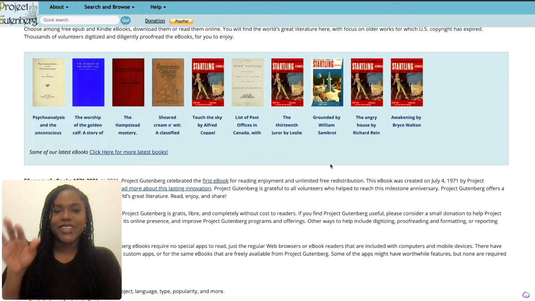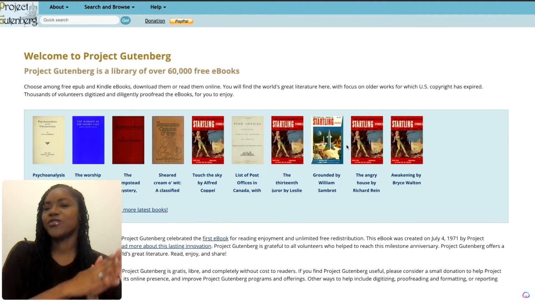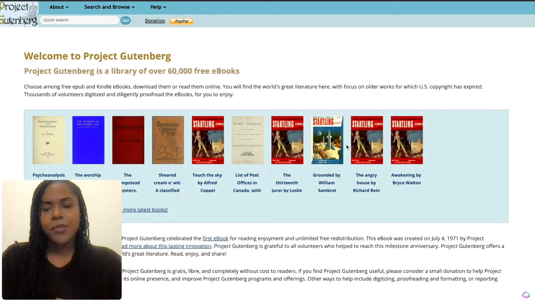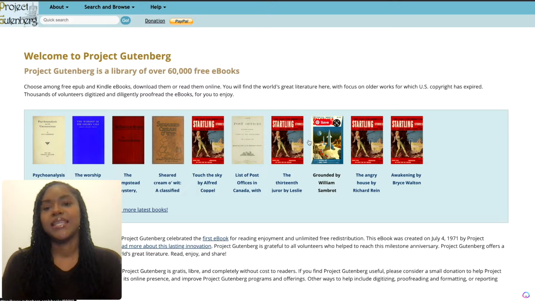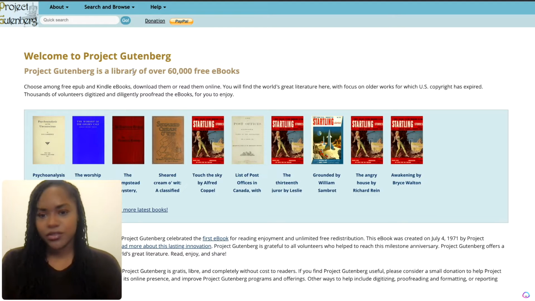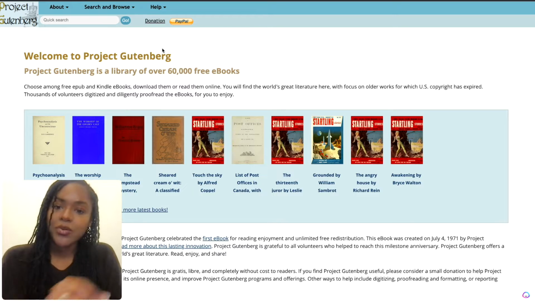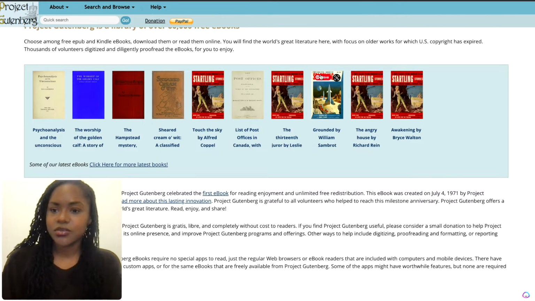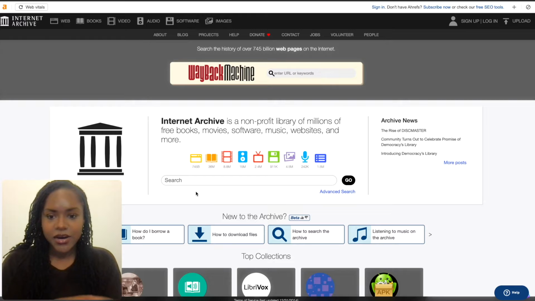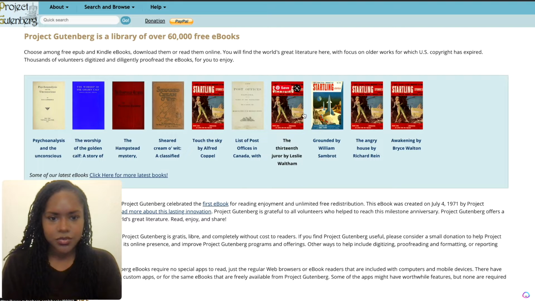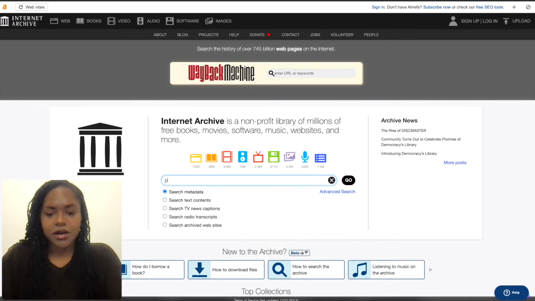So again, as you can see in the background, we've got Project Gutenberg. You can also use Internet Archive. I've just done a post on how to download books from Internet Archive, but you can use Project Gutenberg, or I've got a whole resource full of places that you can get free public domain books on my site. I will put a link in the description, but you can use either Project Gutenberg or Internet Archive, whichever one you feel better using. They've got some books here already. We could just select one of these, but we're going to go with Internet Archive and we're going to do